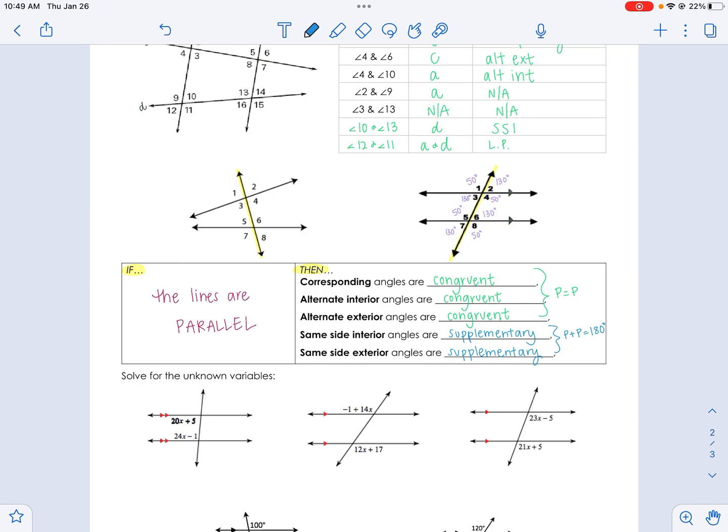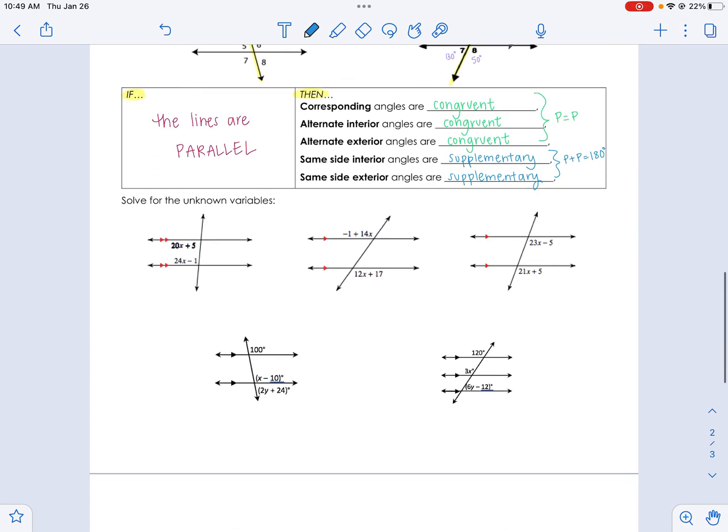Now, you should be getting faster at the solving part, which means that for today, we're not really going to focus on the solving part. I want to focus more on the vocabulary and setting it up. You should be able to go from there to get x on your own. So let's take a look at what type of angles they are, and then how would we set it up